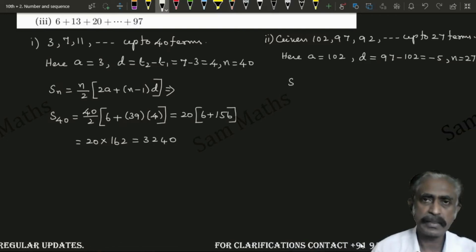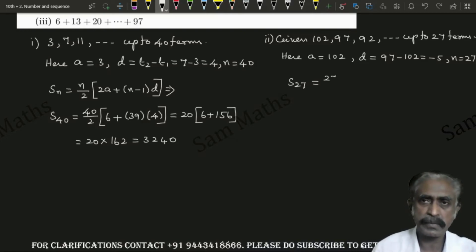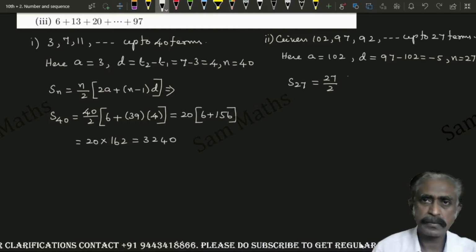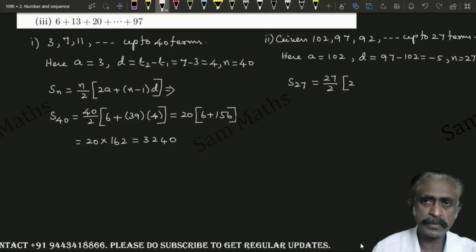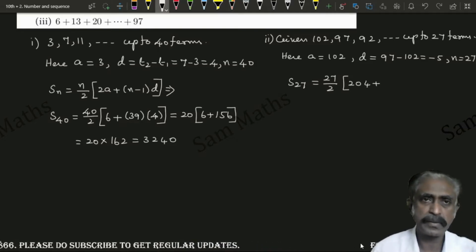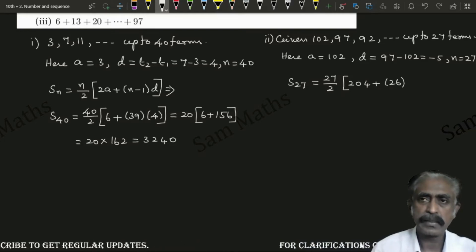We need S27, which is equal to the formula already I written in the previous problem, N by 2, that is 27 by 2 into 2A, 2 into 102, that is 204, plus N minus 1, 27 minus 1, 26 into D value minus 5,